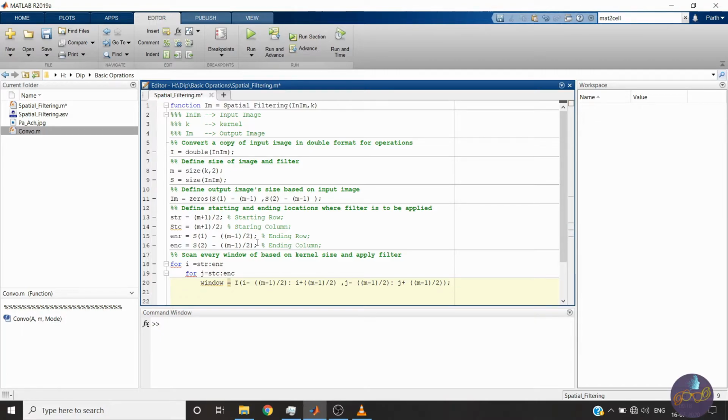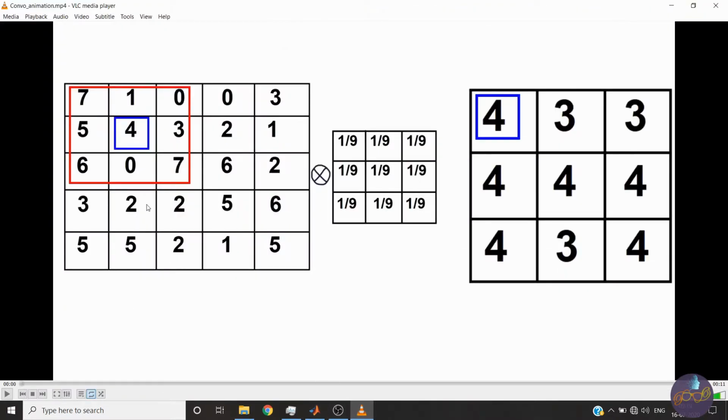Okay, now we have the window. Now our next task is to generate the output. Now see, we have directly taken our central pixel. So now we will place our output at the first location.